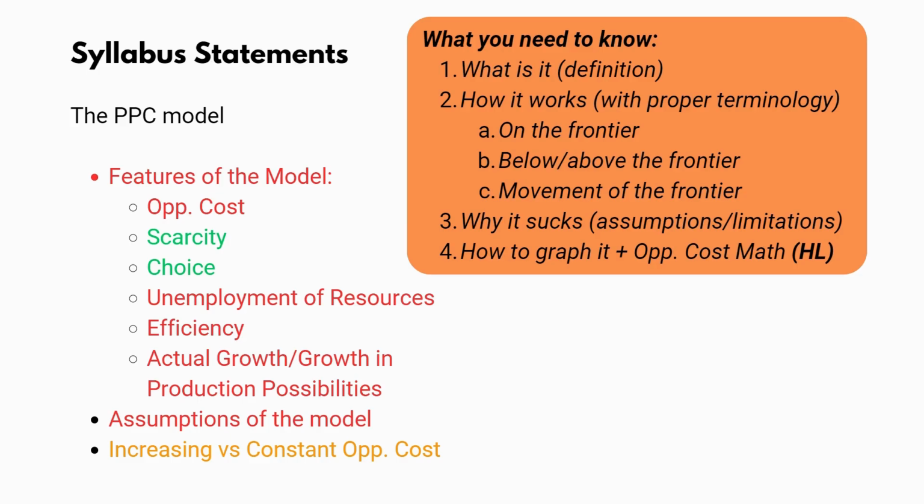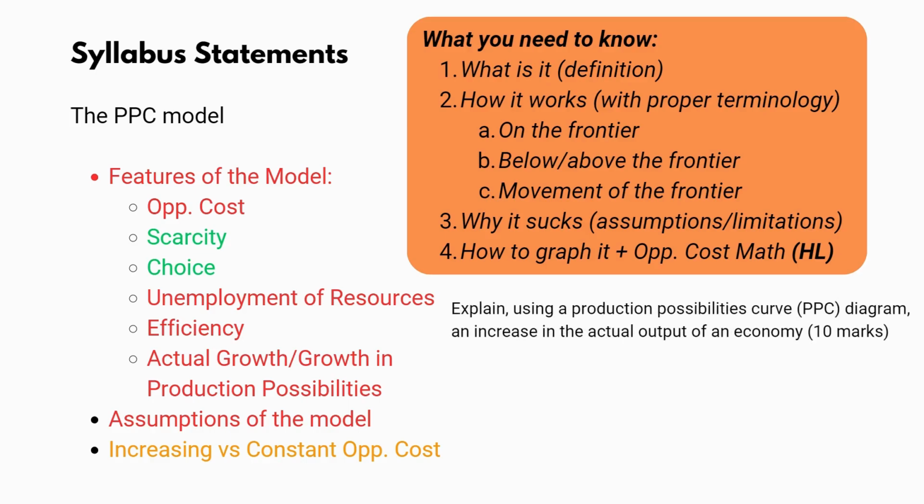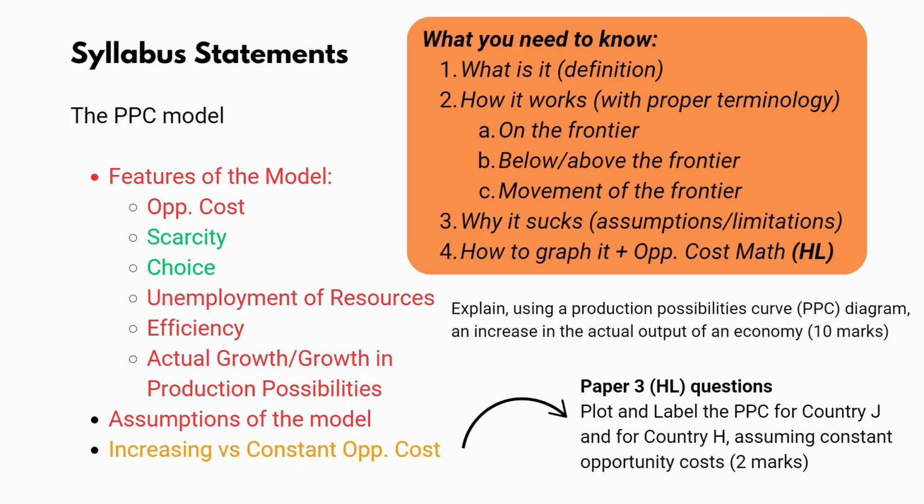You need to know what it means to be on the frontier, below or above it, and also how the frontier may move. You need to know the limitations of the diagram. And finally, for the HL students taking paper 3, do expect some graphing and some rudimentary math questions that ask you to calculate opportunity cost. Now for increasing versus constant opportunity cost, this is never tested on its own. I have never seen a question asking you to explain factor substitution, but you're expected to have at least some level of